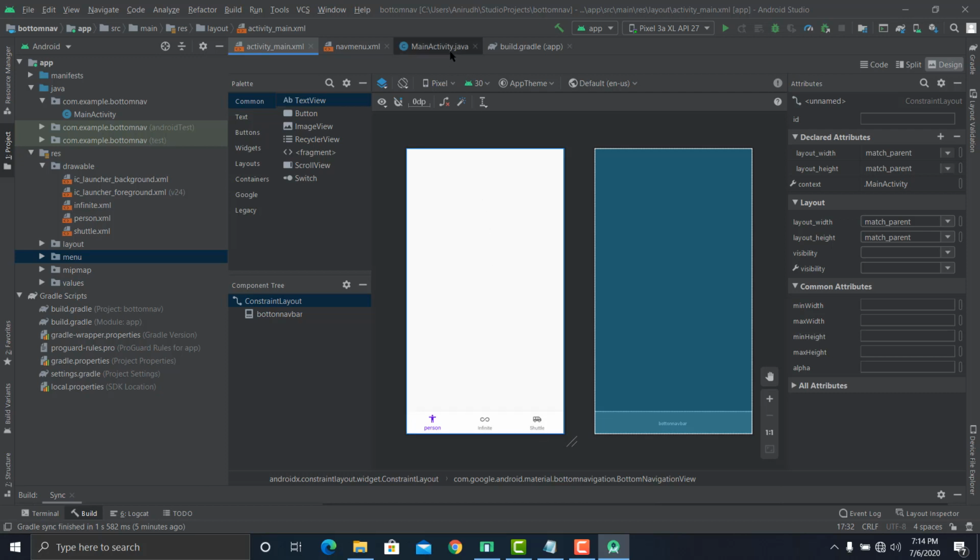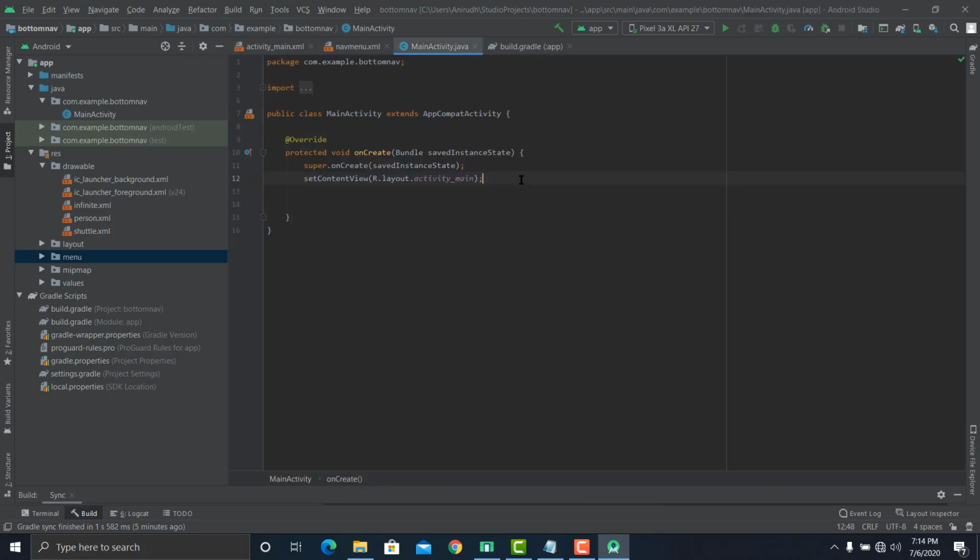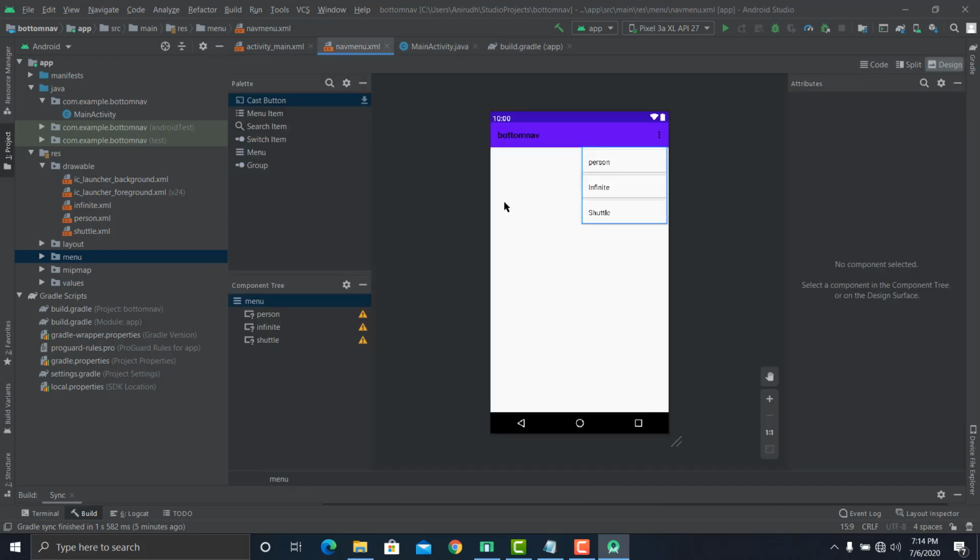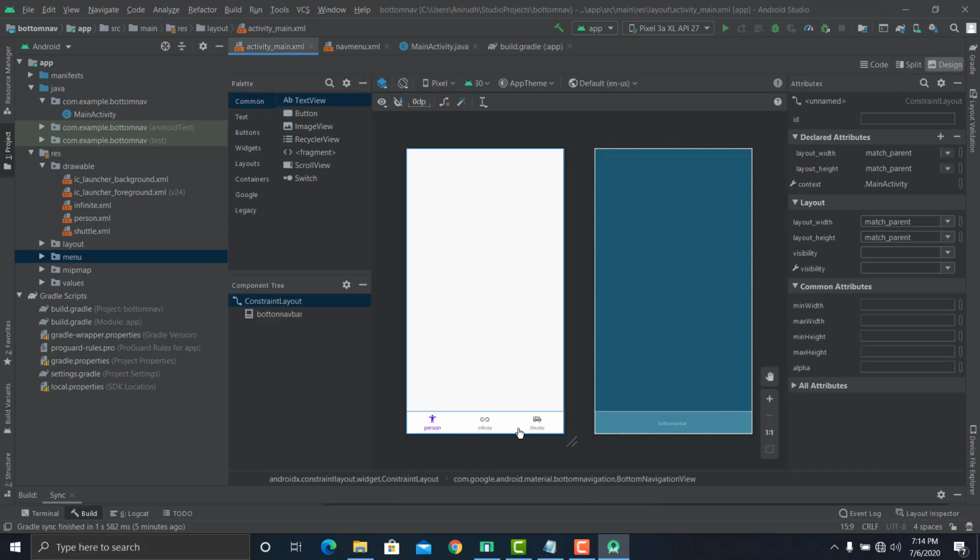Now we can go back to our Java file. So now whenever you click on any menu item in your bottom navigation bar, a certain fragment has to be displayed on your layout. How do you do that? We need a container for that. You make a container by going to layouts and selecting frame layout.